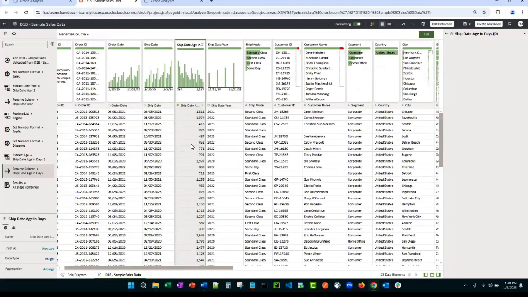Maybe it's creating a new column. Maybe it's applying other functions to your data. So a lot here. We are going to have a dedicated session in data sets. That's actually going to be session 3. So that will be in March. But let's go ahead and save this data set. And now we're going to create a workbook out of it. And I want to show you some of the augmented features.